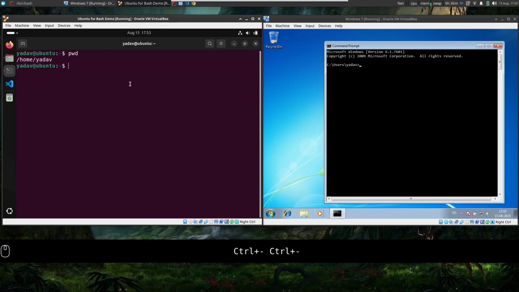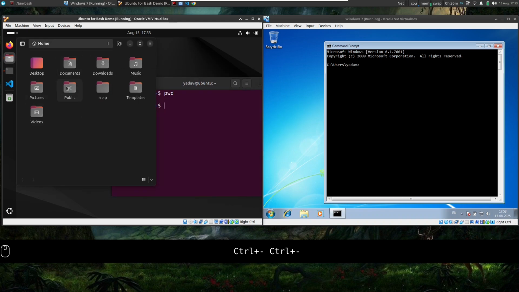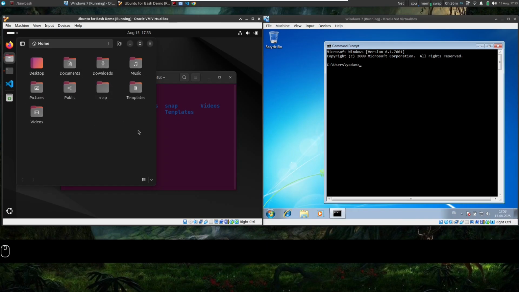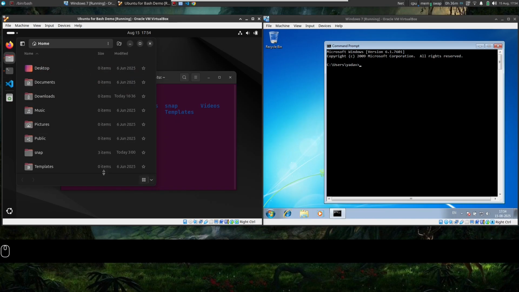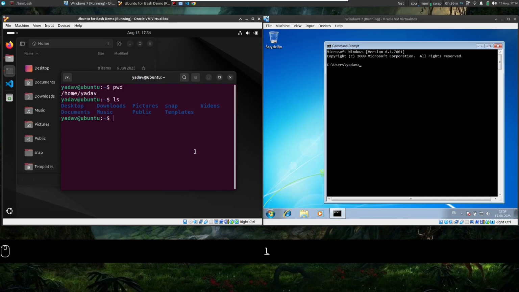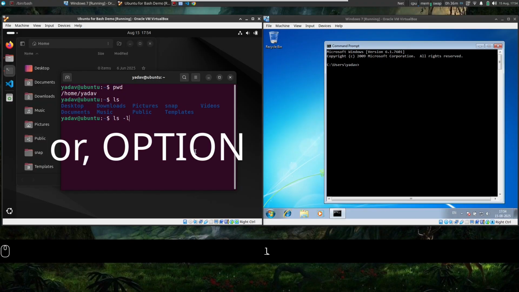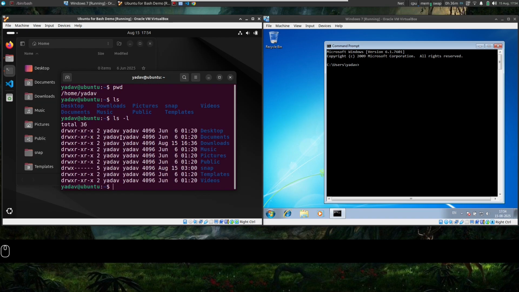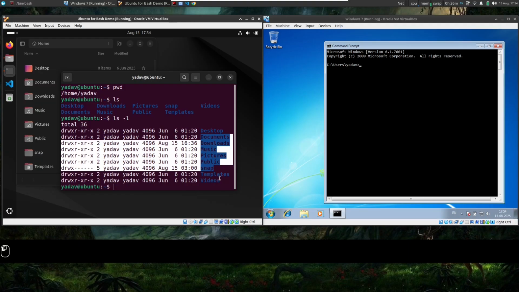For that, you see here, all of these, this is my home directory. How can I see what files are present if I'm just on the terminal? I can do ls. I see all of them. Now you see, these files are shown as a grid. We can change our view to a list, right? Similarly, in the terminal also we can do that by providing an extra switch or flag, that is -l. Now it will show me all these folders, and if there are files also, they will be shown in list format.